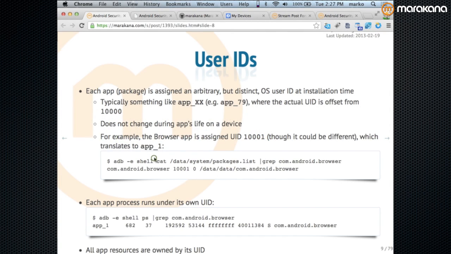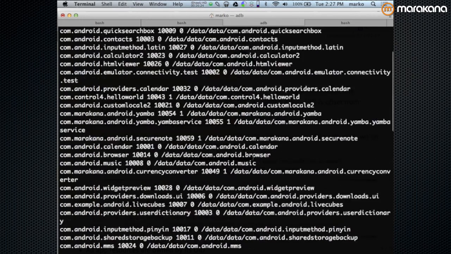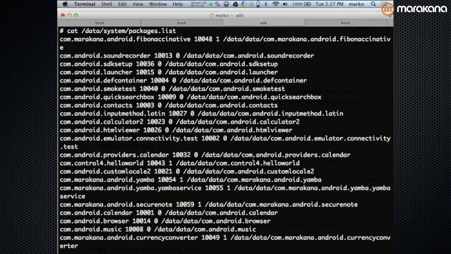The file that manages all this is in /data/system/packages.list. If I cat that on this device, you can notice that every single application that was ever installed is given a package name. This is going to be the unique name of that application on this device. That's how the application is known. This is going to be its UID, which, as we said, maps on a multi-user device,